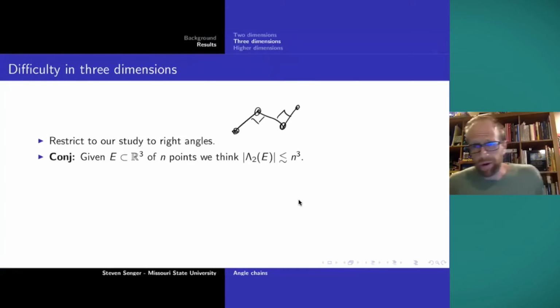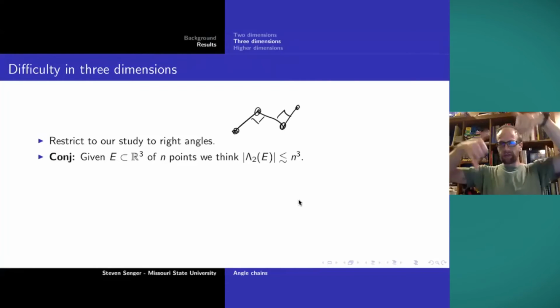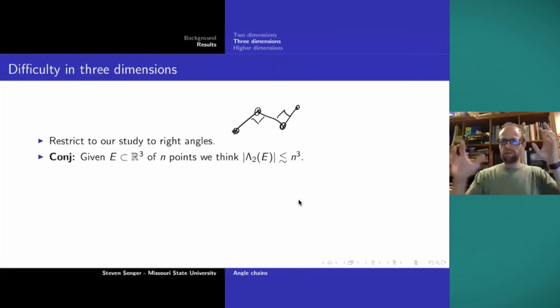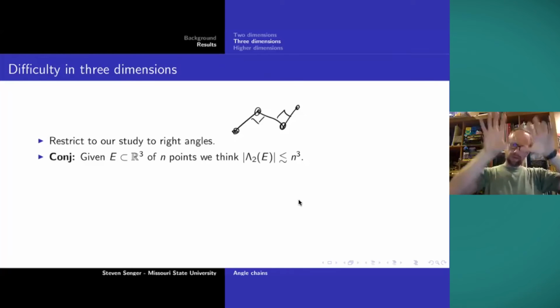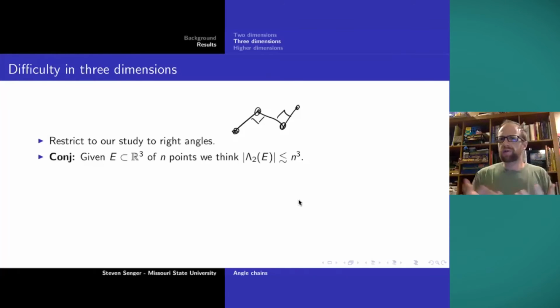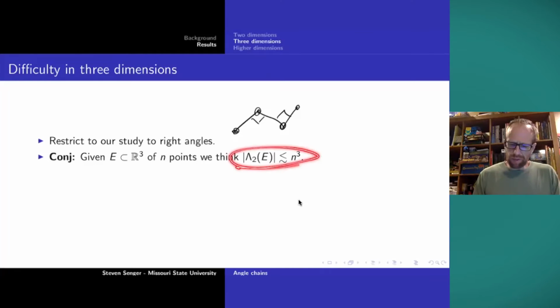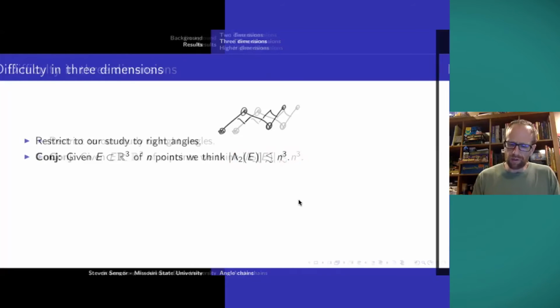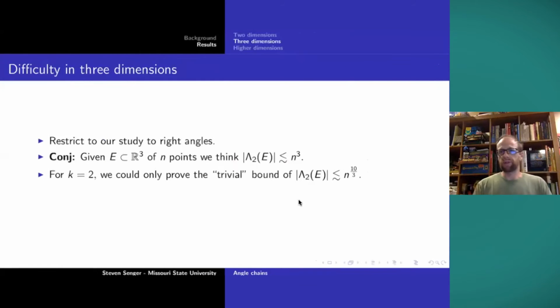And we have a whole bunch of partial results. We have pages of partial results, and we kept thinking, okay, if we stack all these cases together, then do we get it? And there's still some subcase that slips out. So then if we address that subcase, then we have to arrange the cases differently, and it always seems to fall out to where we don't quite have the 2 chains. So eventually we said, let's just push out what we've got. It would stand to reason that the number of 2 chains in 3 dimensions can be no more than n cubed, but we could not prove it. We couldn't rigorously show that without making additional assumptions.